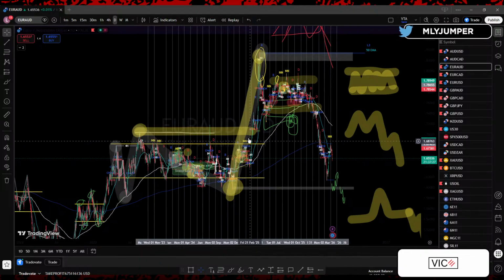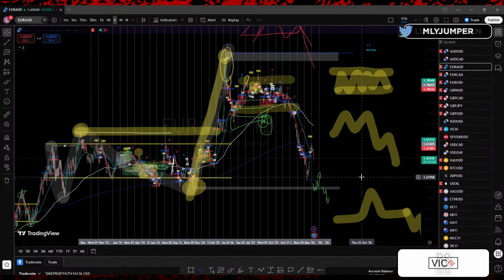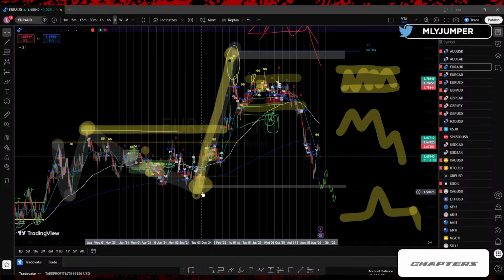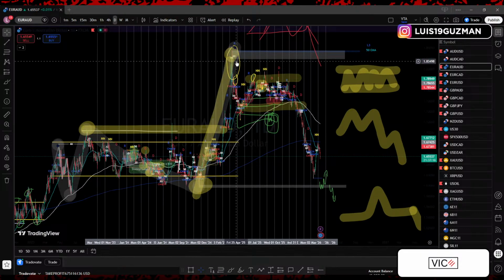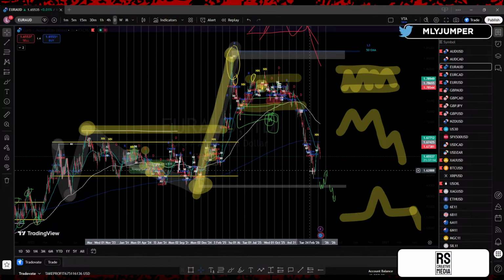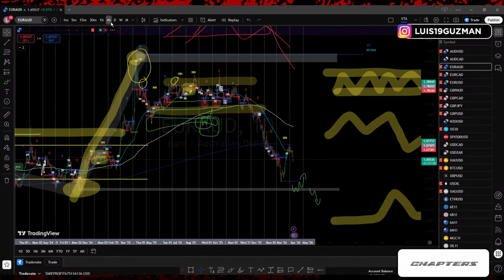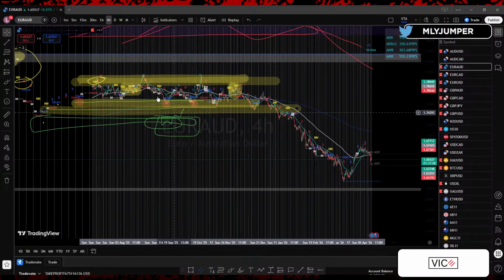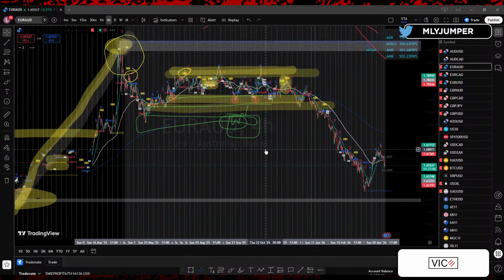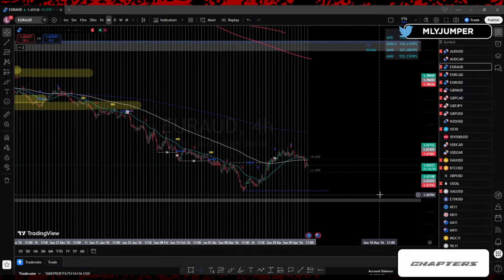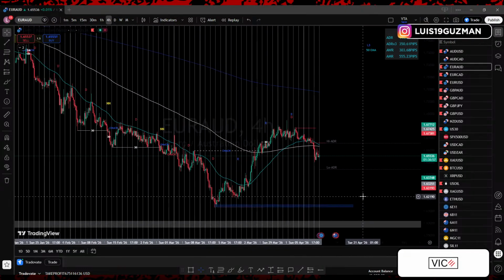The only thing I don't like about EA, which is what I'm waiting for the confirmation to tell me that we are on a downtrend, is the daily time frame. On the daily time frame, we're still trading between these big areas, right? Higher high, higher low, higher high. Technically speaking, we are still making higher lows, right? Everything else going into the lower time frame, we have the change of character to the downside, right? We had higher high, higher low, higher high. Then it gave us a change of character all the way down to the bottom. So on the 4-hour time frame, we're pretty much downtrending.